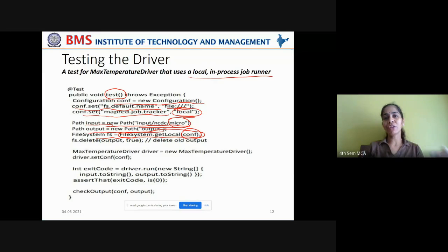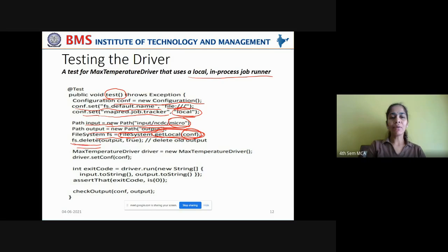That file system's default properties, if any are mentioned, if you want to know them, you can get them by using get local configuration. Now this file system should invoke the delete method every time. Why? You may work with multiple jobs, and all these jobs may be working with multiple file systems. Now each time a job is being executed, that file system's property should be available to you, and the previous file system property should be overwritten.